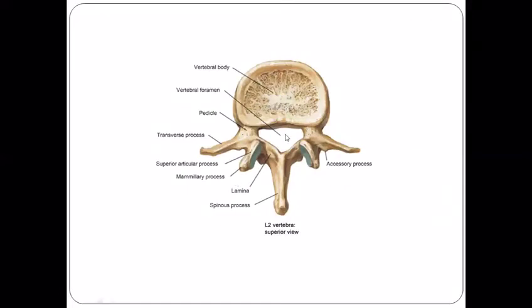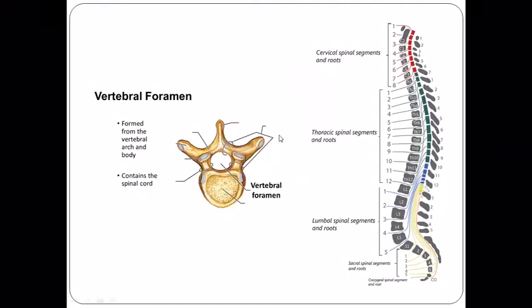So next, we can move on to the vertebral foramen. I already mentioned the vertebral foramen. It is enclosed by the body anteriorly and the pedicle and lamina posteriorly. So here we have the vertebral foramen. And this vertebral foramen has a different shape in different areas. In the cervical region, it is large, roomy and triangular in shape because it lodges the cervical enlargement of the spinal